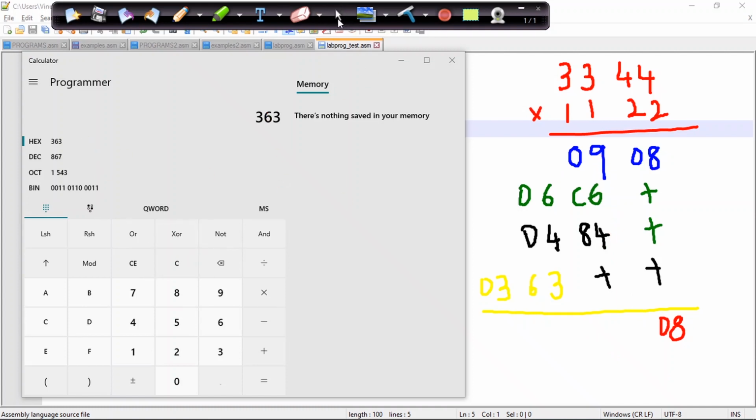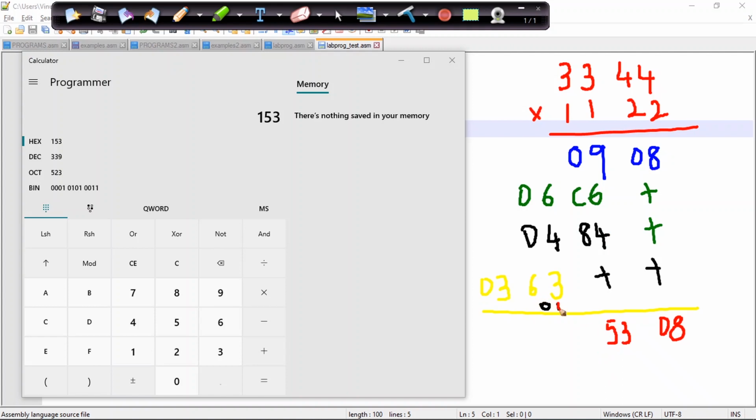Taking this in the calculator, 09 plus C6 plus 84, we will be getting 53 and a carry 1. So there will be a carry over here, so this 01 is the carry. So the result we have got is the carry over there and then 53 over here.